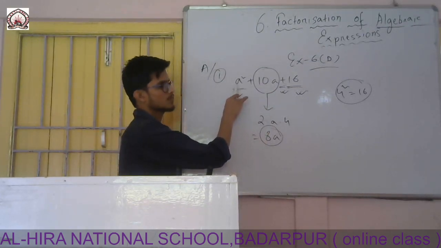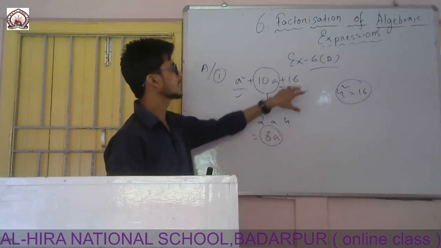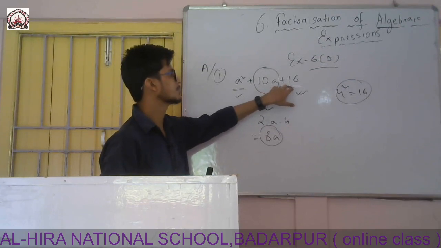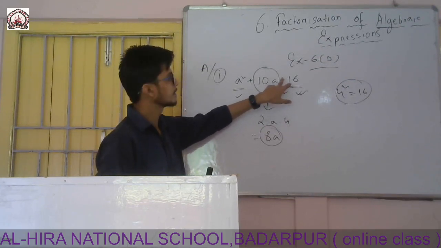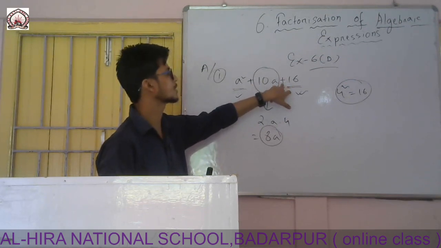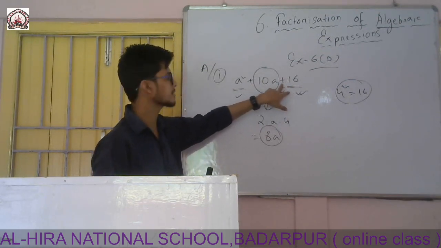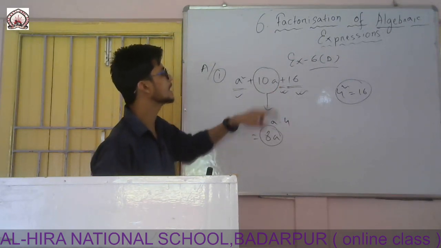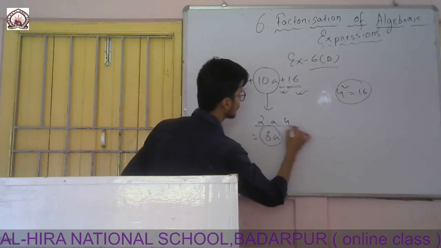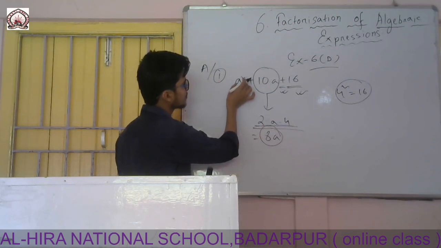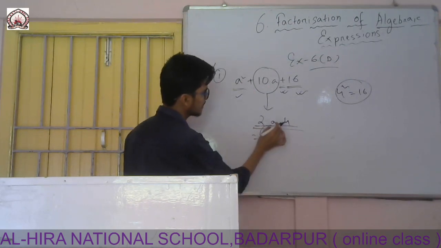First, I will check whether the first term is a square term or not. Then I will check the third term whether it is a square term or not. Then I will check the signs whether they are plus or not. Only this one you have to check: there may be plus or minus, but if a minus is there, that means it is wrong. Here there are plus signs, so this criterion passed. Now I will check the middle term whether it follows 2ab. Here the first term is a square, so I will write it as a.